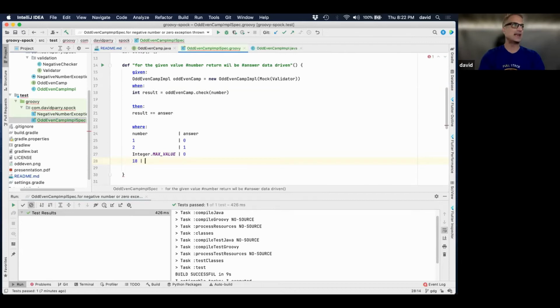This is the best thing. It's this simple. So that's an even number, correct? So it should be 1. Let's just do 2, 3, 4, 1, 2, 1. That should be 0 because it's an odd number, correct?